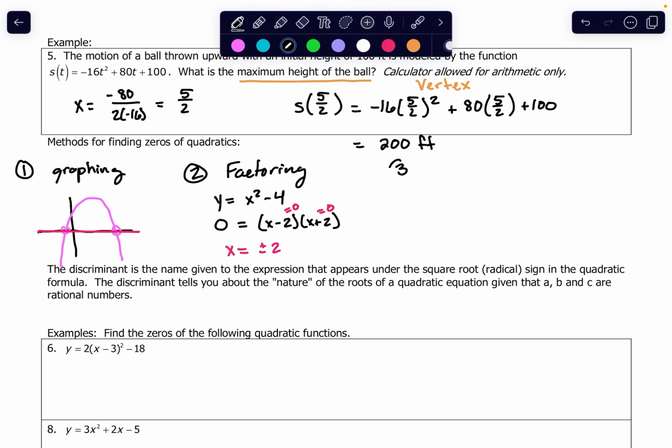Third one we kind of touched on already, but you can actually use it just to solve an equation. That is completing the square. Watch me struggle to write the word completing. I'm going to abbreviate square by actually drawing a square. But the benefit of a perfect square trinomial